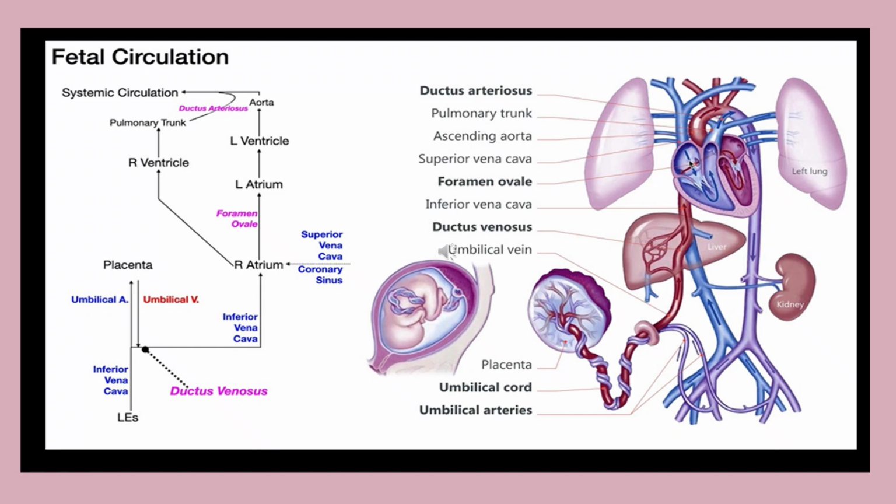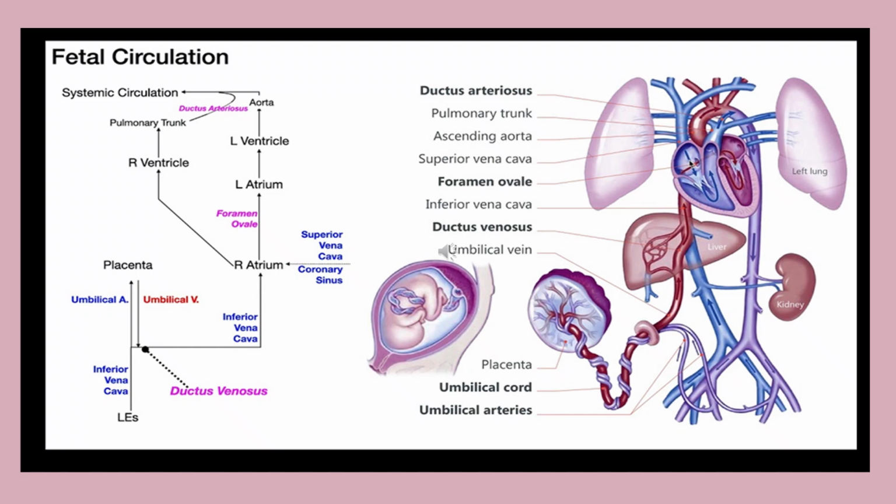So these hypogastric arteries formulate the umbilical cord. Umbilical cord has 2 umbilical arteries and 1 umbilical vein. These umbilical arteries carry deoxygenated blood from the fetus and it reaches the placenta where the gas exchange happens. After this gas exchange, the oxygenated blood is formulated and this blood is carried to the fetus through the umbilical